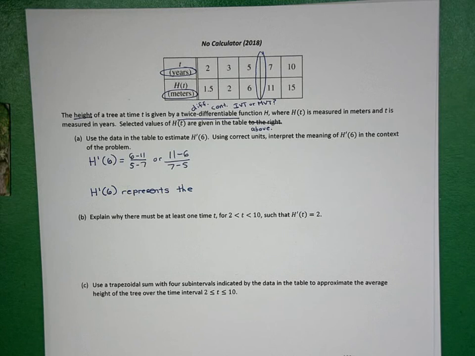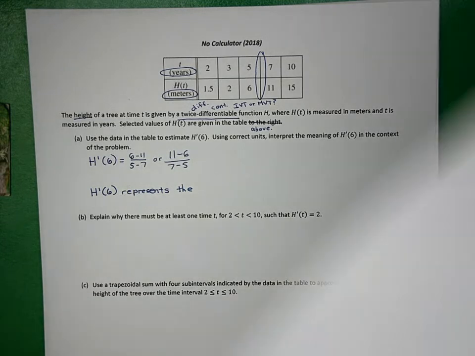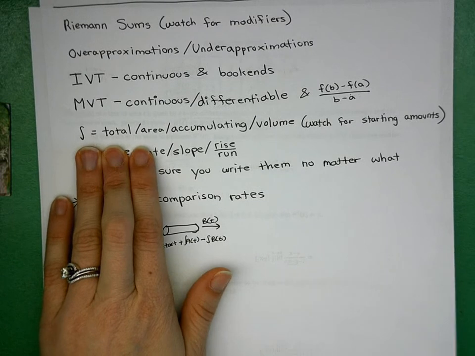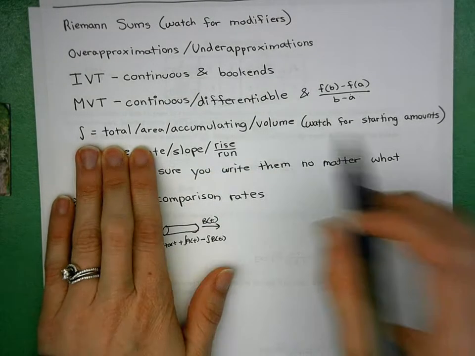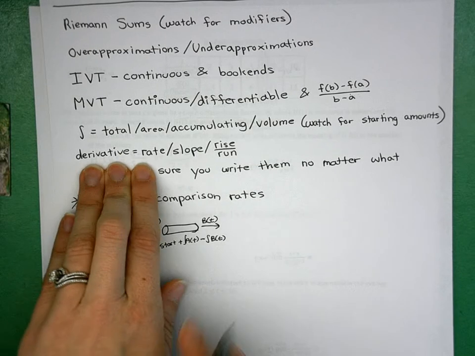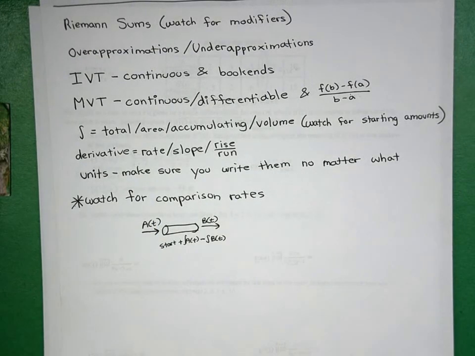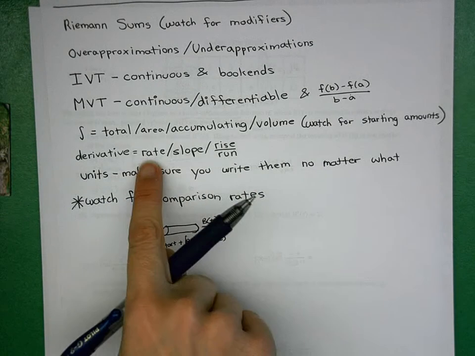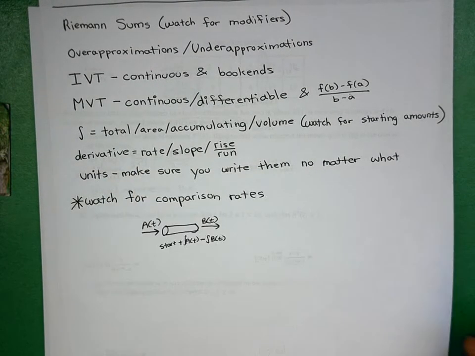Okay. Well, we also wrote these down on Monday. Reminder of what an integral is. An integral is something about total or area or accumulating or volume. Okay, a derivative is a rate or a slope or a rise over run. So because we're looking at a tree here, the word that's going to help us the most is this, rate. Okay, so it represents the rate